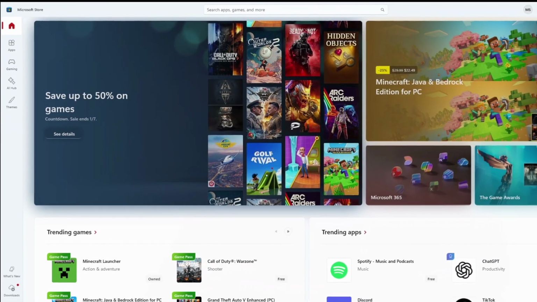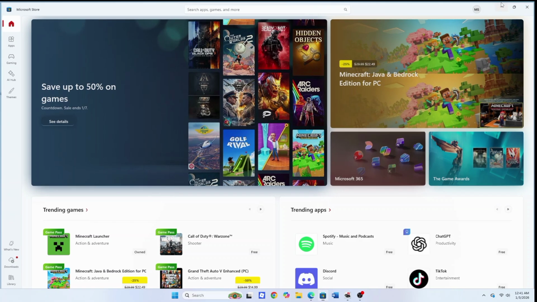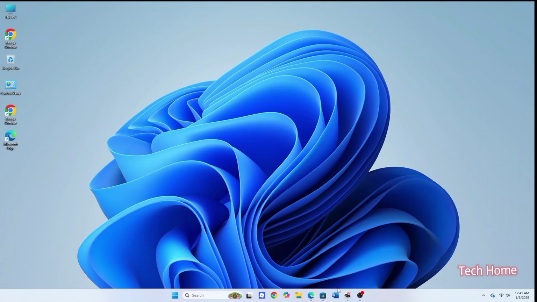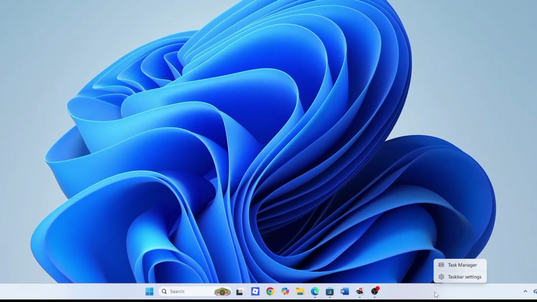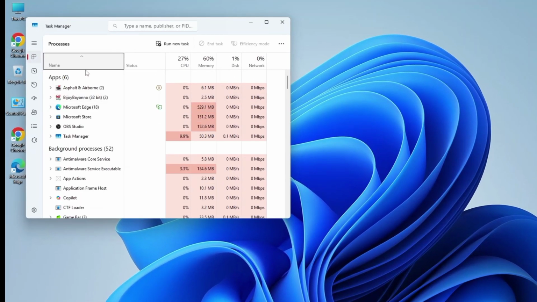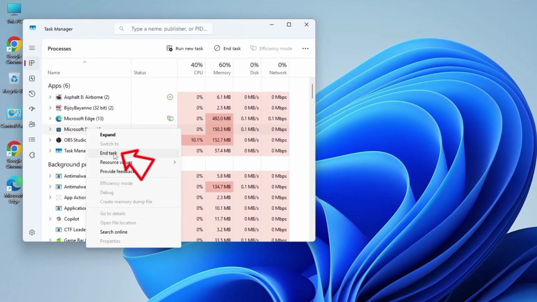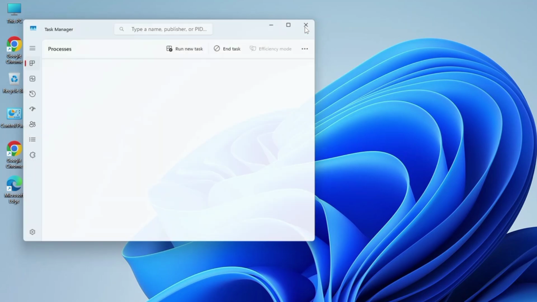Sometimes we face trouble when we are not able to close some software on our PC. Then we go to the taskbar and use End Task. Using this End Task, we can easily close the software. But today we will learn a new trick: how we can use End Task without going to Task Manager. So let's get started.